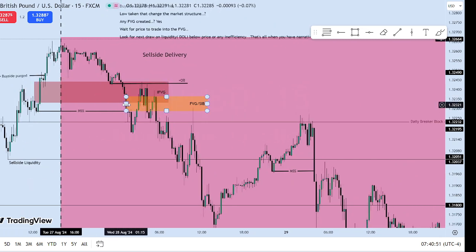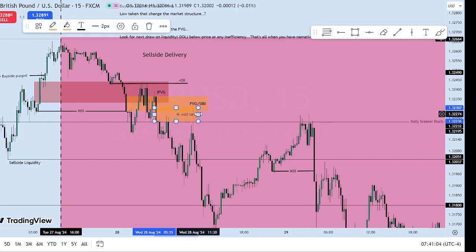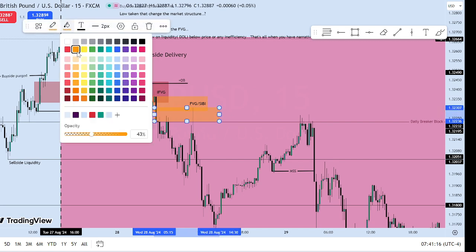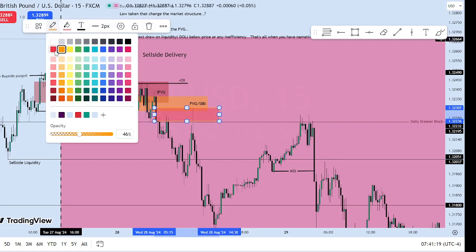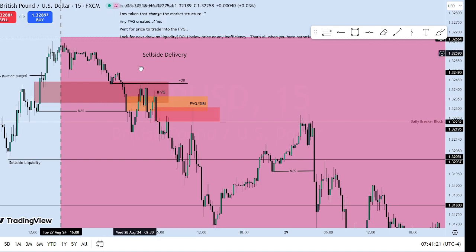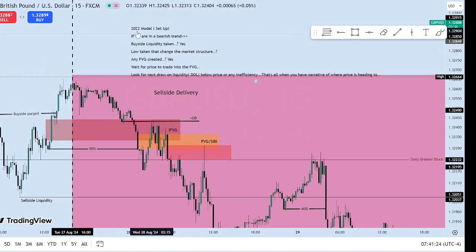We already have a fair value gap, CB, see price traded into it. Then we have another fair value gap here too. Fair value gaps are spooling points. There are points where price starts to spool, going for a macro or seeking inefficiency or liquidity below or above price. So you have to wait for price to trade into the fair value gap if you are utilizing this setup after a market shifting structure, which is